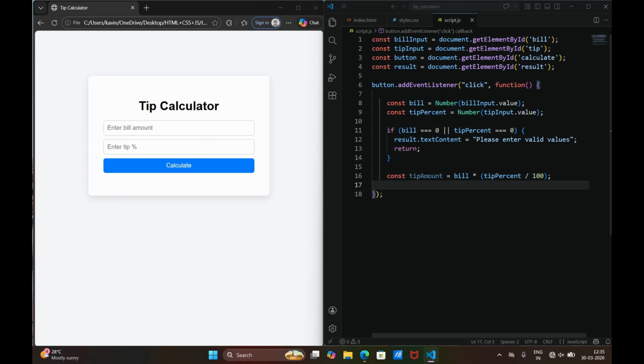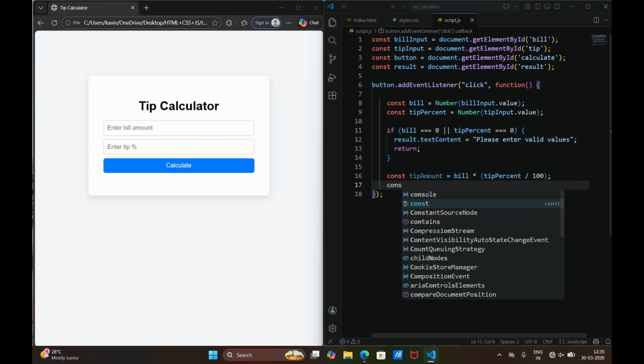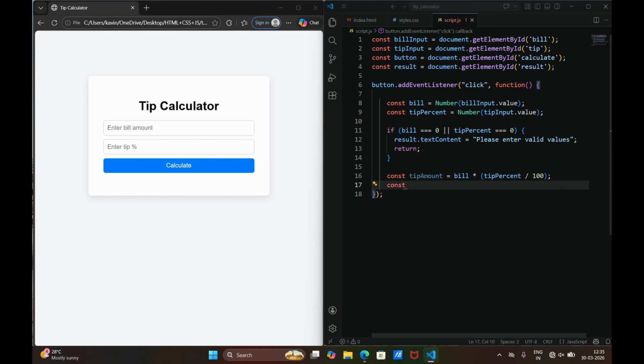And then we also should have the total, that means the tip amount and the bill both calculated. So creating another variable total and giving the value as bill plus tip amount. So that gives the total amount you will be paying. So now we have to change the result. The result should be, change the text content as